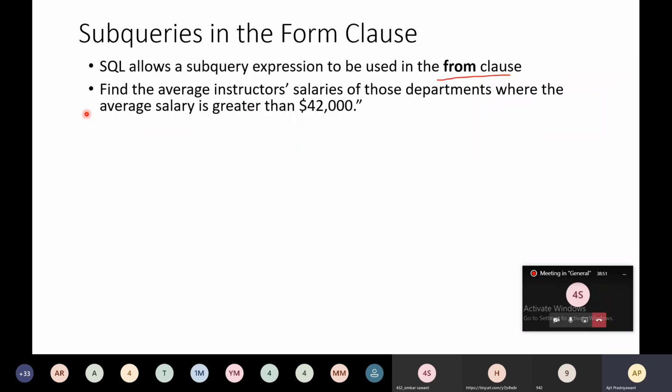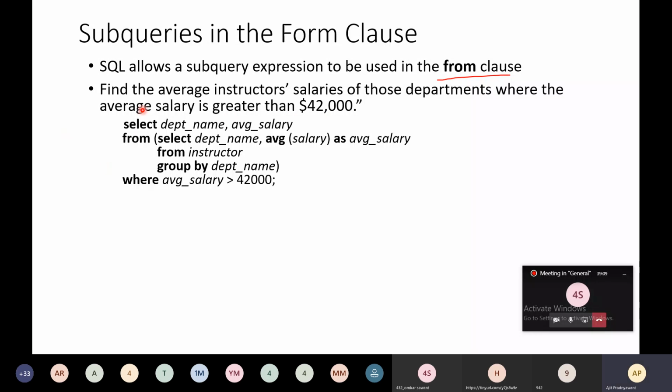So again, I am repeating what the query is. Find the average instructor salary of those departments where the average salary is greater than $42,000. And just see how to write the query for this.